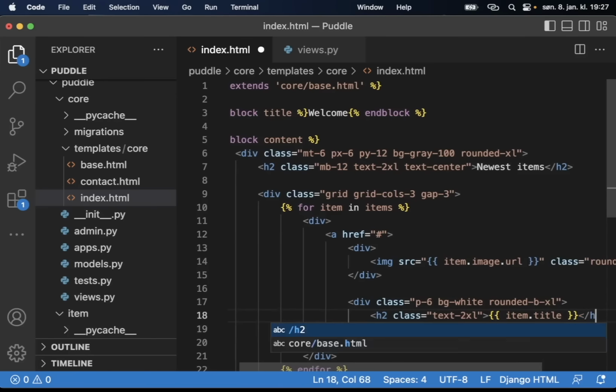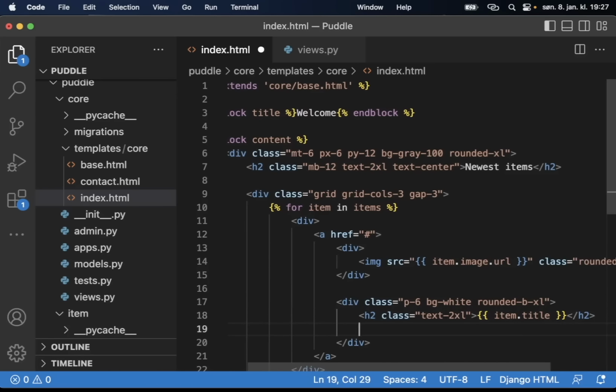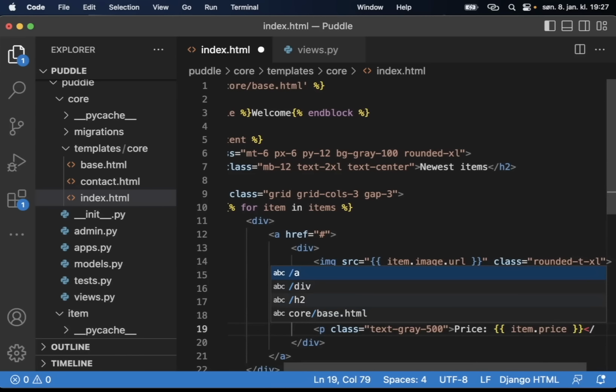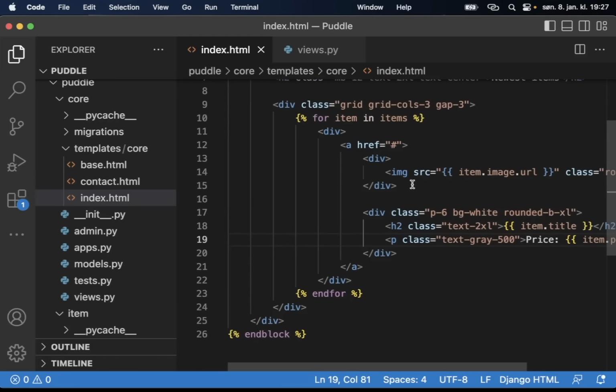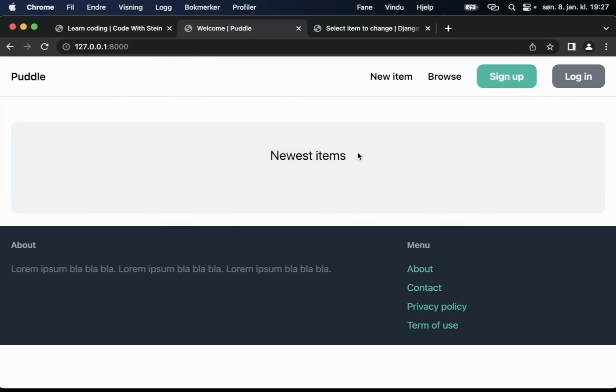Now I can close that one. And below here I want to show the price. P class text-gray-500, item.price and close. So if I now save this, we should see a loop of the products we